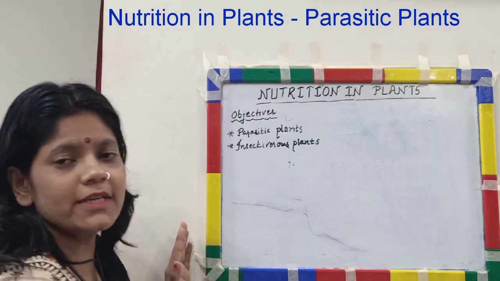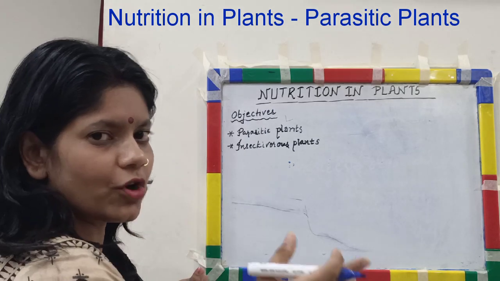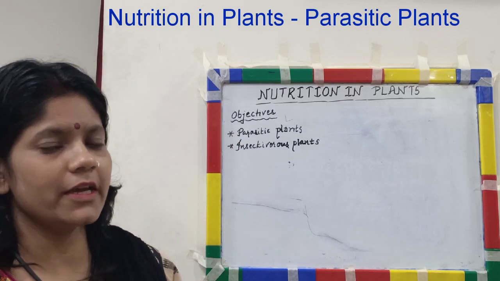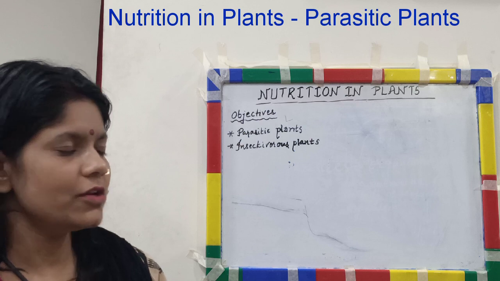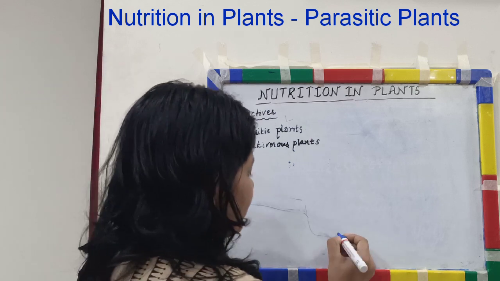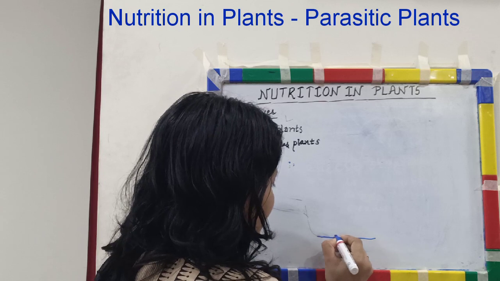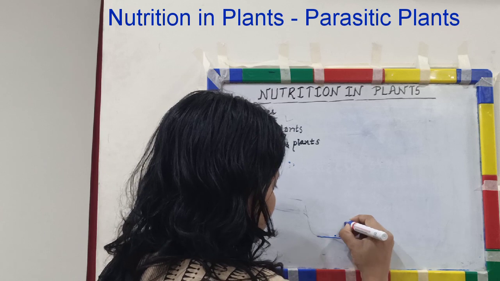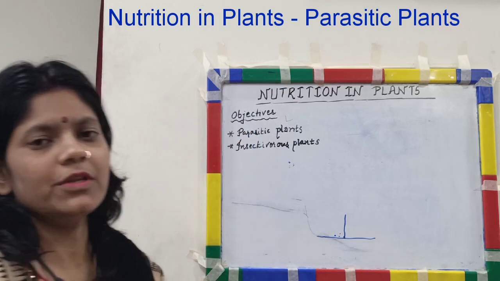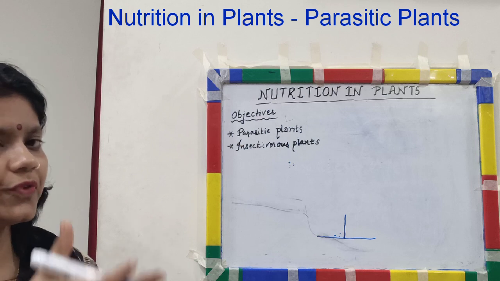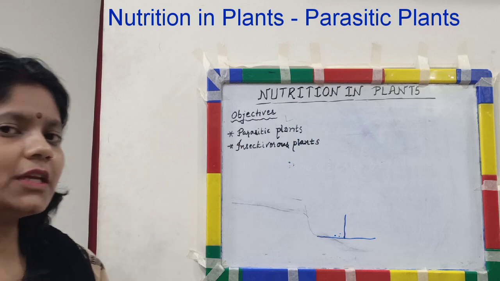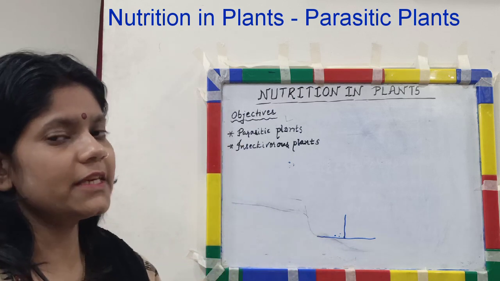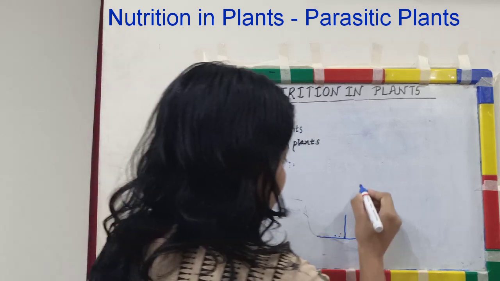Now we will see how a Cuscuta plant derives nutrition from a host plant. Suppose Cuscuta is like a normal angiospermic plant, that is a flowering plant. So it germinates from a seed. Suppose this is the soil and these are the seeds of Cuscuta. The plant germinates through it. After germination, it searches for the host through which it may derive its nutrition. Within 4 to 5 days of germination, it must find its host. Otherwise, this plant would die. So it searches for a host plant.